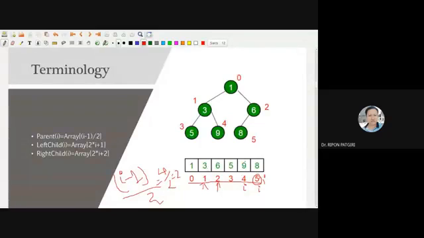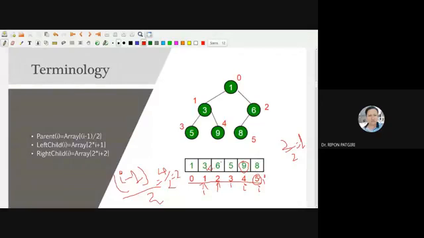So the parent of 9 is 3. Parent of index 3: 3 minus 1 is 2, divided by 2 equals 1. So the parent of index 3 is index 1.